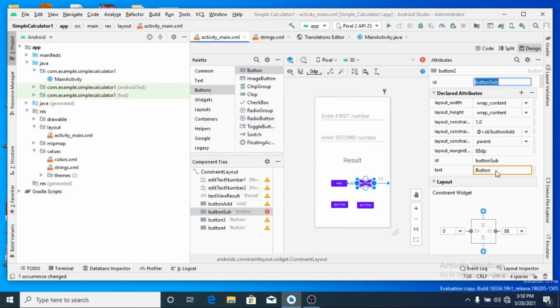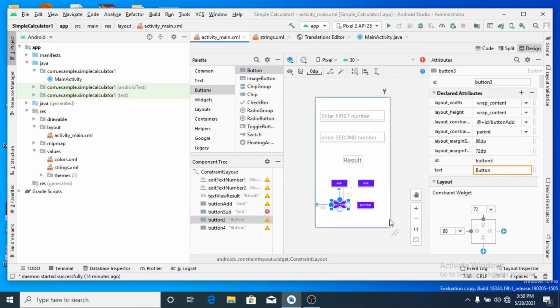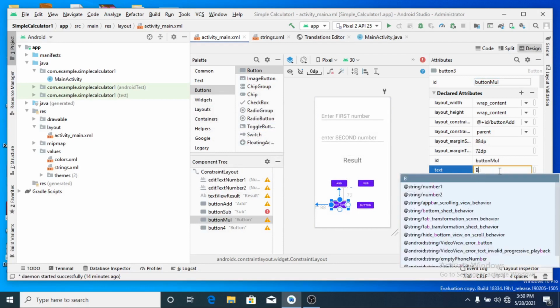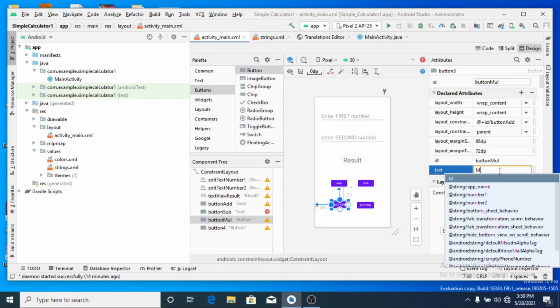Similarly text I will enter here as subtract. Similarly button 3 ID, I will call it as button multiplication, and the text I will call multiplication.